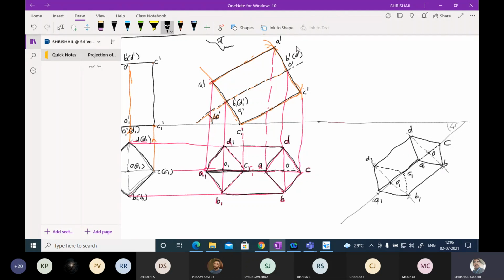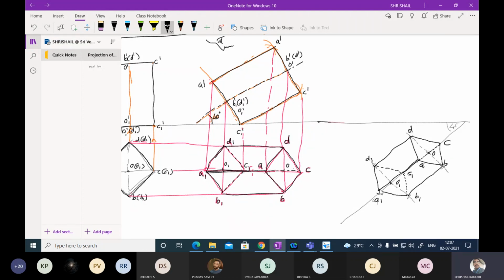Now I am ready to draw the next view. Okay, I think you are able to do this. Now let me go to the next view. First, you have to be very careful while writing this. This particular portion and this particular portion is the base, and this particular portion and this particular portion is the top portion. So some people join the top portion with the bottom, and the whole entire figure will become wrong. So always take care: A1 to A1, B1 to B1, C1 to C1, like that the base portion you have to do.